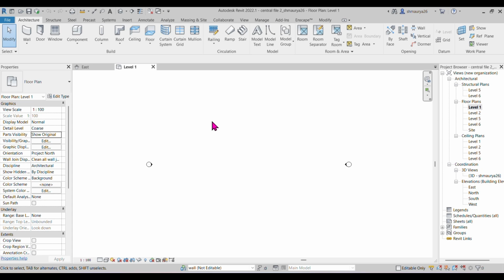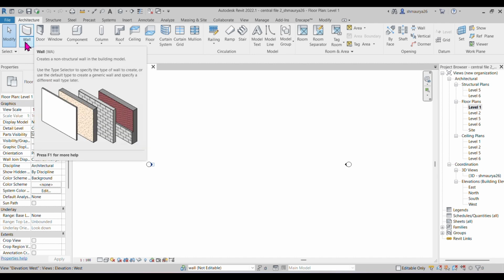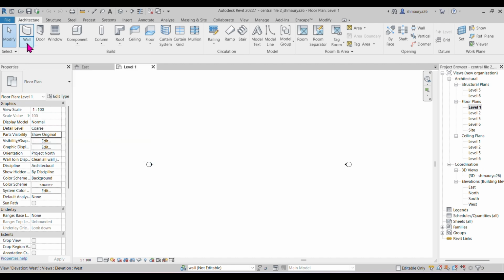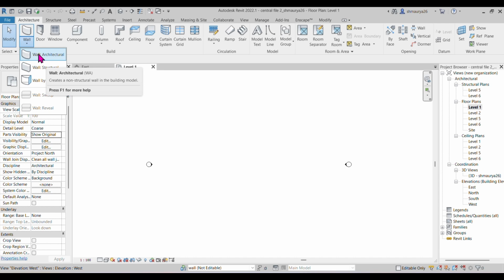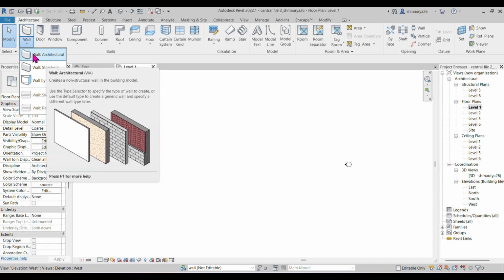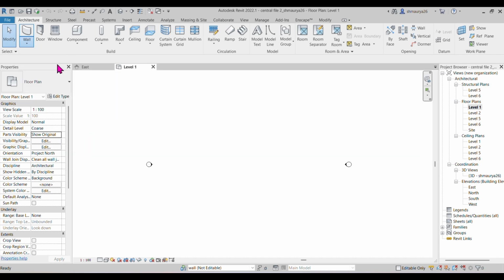Hello everyone. So now in this video we will see about the wall, how we can draw the wall in here, right? So for that, first I will select the wall. See, here is the wall. So here you can see here is a drop down. So first I will click on this drop down, right? So here you can see here are types of wall which we can use. So I am selecting from here the wall architect. So I will just click on the wall architect, right? And